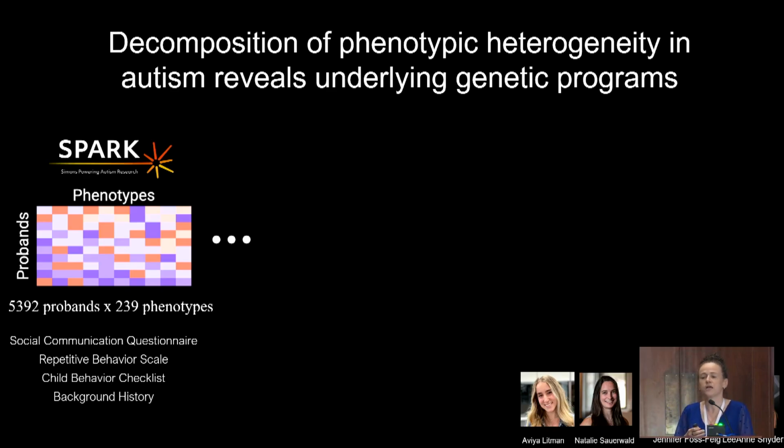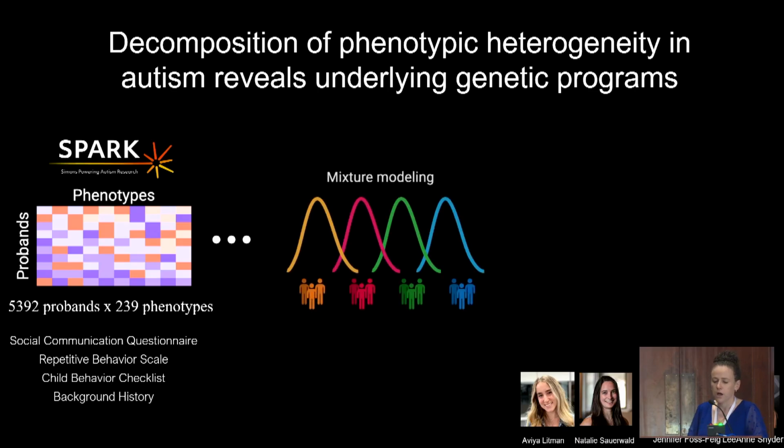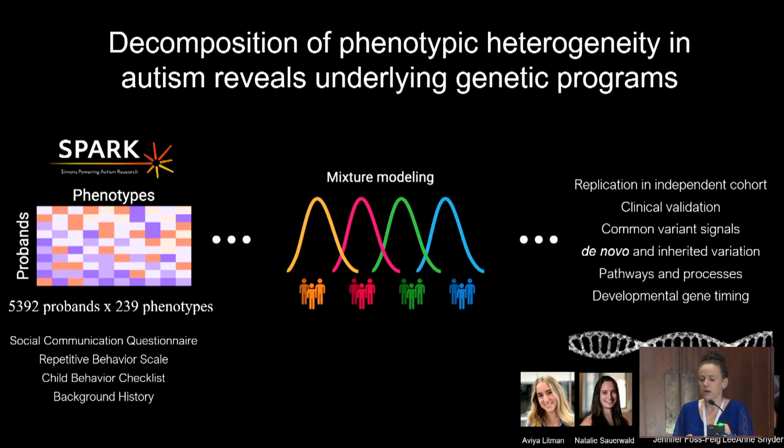Background history is things like when did your child begin to walk, when did your child begin to talk, so developmental questions largely. We used mixture modeling to be able to account for the fact that these, of course, are all sorts of heterogeneous variables. And we found that no matter whether we used computational techniques or actually our collaborators, clinical psychologists, Jennifer Foss-Feig and Leanne Snyder, also looked at it from the perspective of clinical resolvability for subclasses, really very robustly was what came. And we actually did replicate this completely in an independent cohort, the Simon Simplex collection I mentioned earlier.